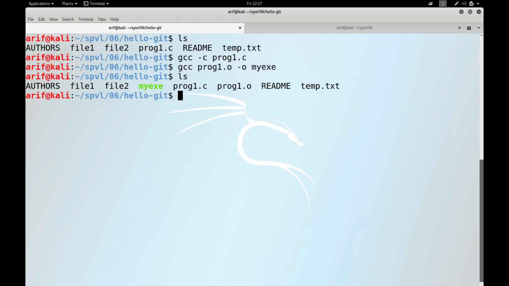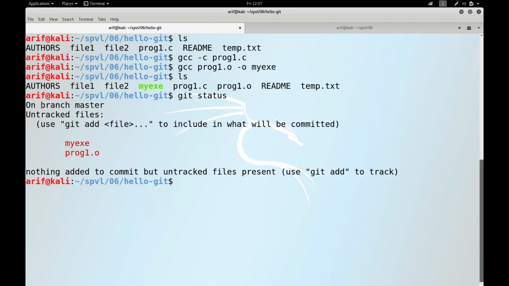Let us see the git status. Well, it is saying that there are two untracked files, myexe and prog1.o. Well, dear students, every time we compile, these files will be created, and Git will prompt us to commit these changes, which I think is undesired. So we need to tell Git to ignore these files. And the easiest way is to do it